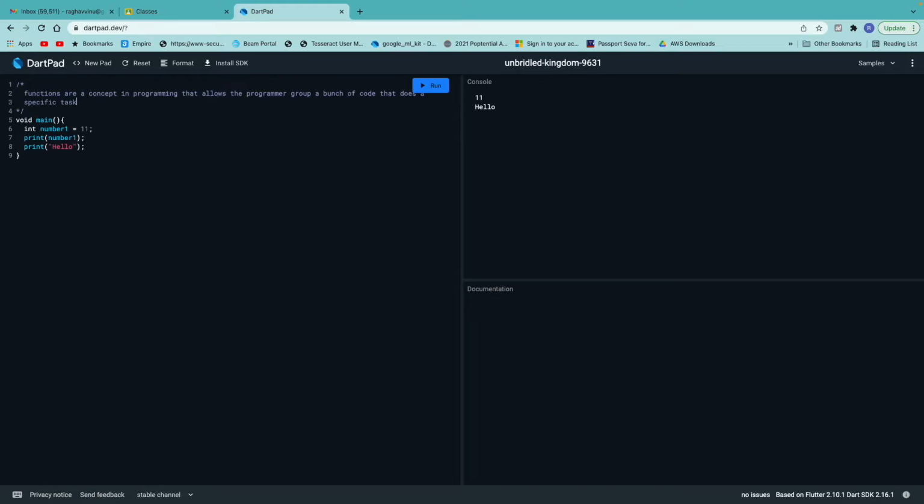So functions, they basically contain code that does a certain specific task. Or in other words, they contain an algorithm. And if you know what an algorithm means, then you'll understand this. An algorithm is basically several lines of code that accomplish a single specific task. So yeah, functions are a concept in programming that allows the programmer to group a bunch of code that does a specific task. And in case you have to use this code to complete that specific task in multiple areas